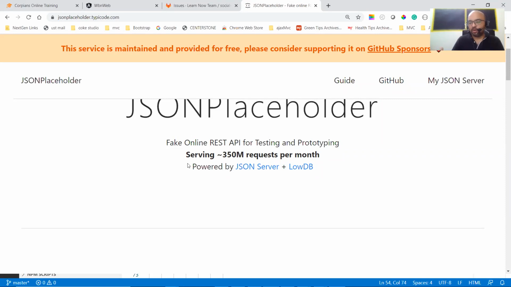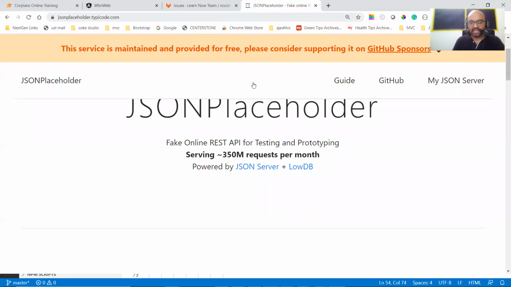But as of now, today's agenda is to see how we can integrate an already built REST API into our Angular project. These APIs can be built in .NET, Java, PHP, or any platform. The only thing is they are REST APIs. In short, REST APIs are APIs which you can access over the HTTPS or HTTP protocol, over the net.